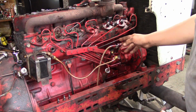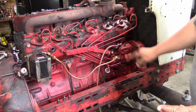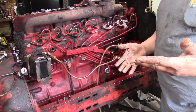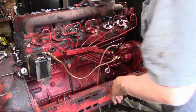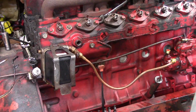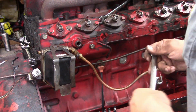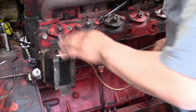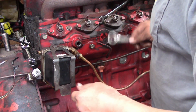Learn from my mistakes. I should have taken compressed air and blown all the crap off of here so I don't contaminate my fuel system. Whoops. Alright, so we removed the fuel lines, not the whole fuel system. Anyways,